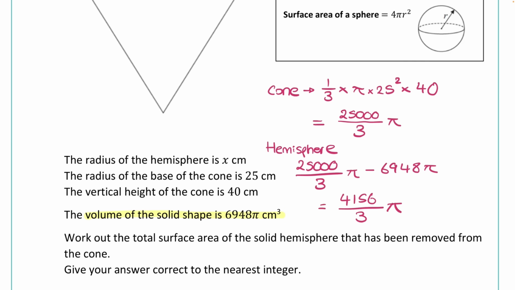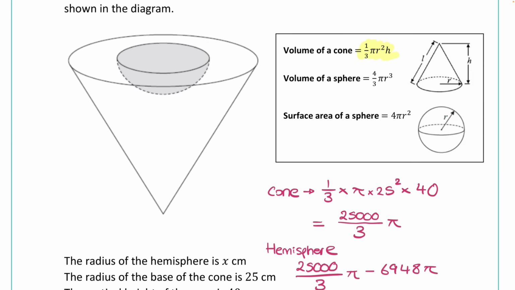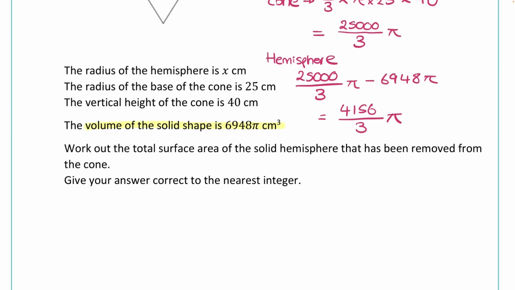So if that's the volume of the hemisphere, then we could look at the volume of a sphere formula and we can set these equal to each other. We just need to watch out because this is for a whole sphere. So we would want to divide that by 2, or times it by a half, for a hemisphere, which would give us 2/3 pi r cubed. Very nice to change that into a hemisphere formula, and it will be equal to this. So 2/3 pi r cubed is equal to